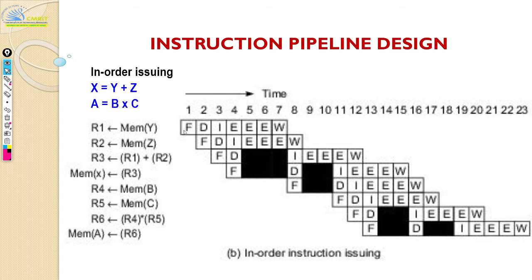Okay, so first you are going to do the fetch, decode, issue, execute for your load instructions. Here you're assuming that execution takes three cycles, similar to what we saw in the earlier slide. Now there are no dependencies for our first instruction and second instruction, so they're just continuing.